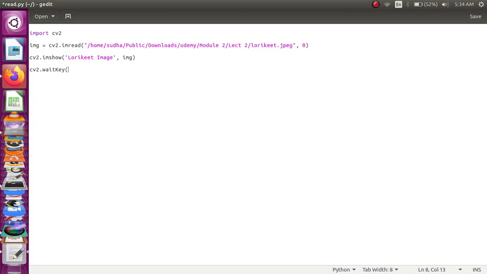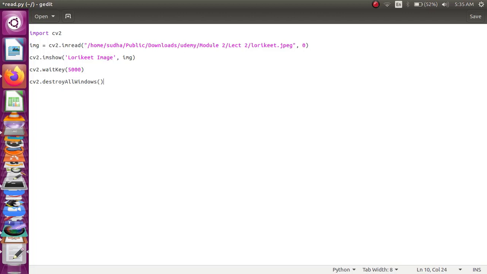We have to specify how long the image has to wait. I am giving 5000 milliseconds, which means my image will be present in the window for 5 seconds. Then I am going to destroy all the windows which have been opened. For that, the command is cv2.destroyAllWindows, which will destroy all the windows opened for visualization.